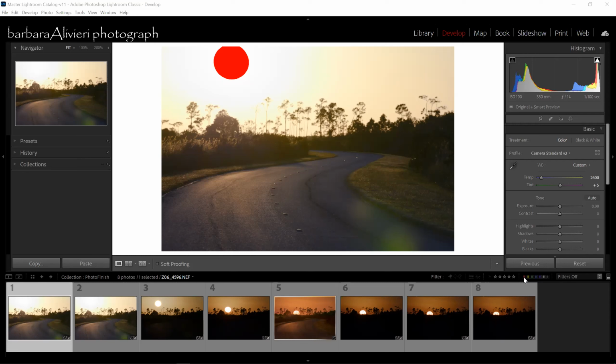Like I said earlier, I am going to show you what not to do. When I took this, I was thinking wide angle lens, and I had a 150 to 600 lens on my camera. I forgot because I was so excited about this big sun and where it was going to land. I didn't think, hello, you are using a long lens. Do not make that mistake.